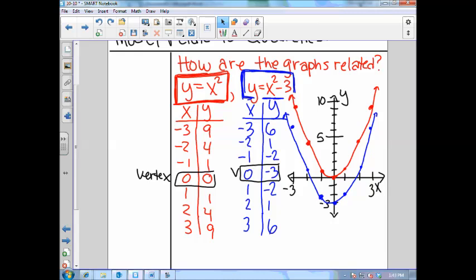Okay, be specific too. Then I want you to turn to your neighbor and tell them what you think just happened when we put a minus 3. Turn to the neighbor right next to you and tell them when we minus 3, what just happened to our second graph. Turn to your neighbor